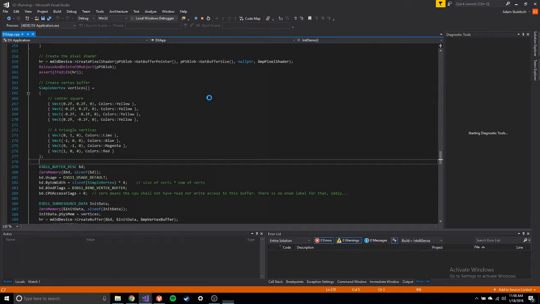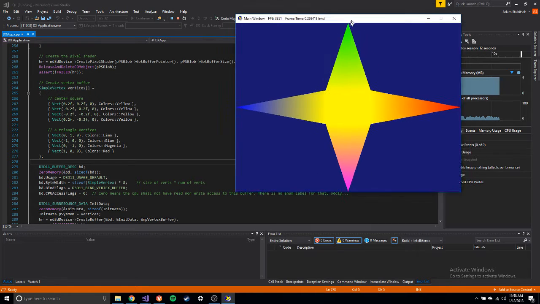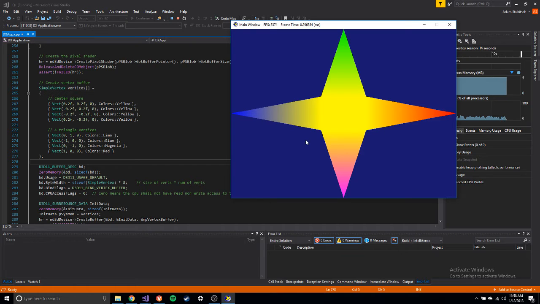Okay, so for question one, we're generating a star here made up of 5 different colors. There's a gradient effect applied. We have the 4 vertices of the square all yellow, and the 4 vertices of the triangles are different colors, but they're blending. The reason for this is the program is automatically implementing interpolation. So as we go from one vertex to another, the colors between them kind of merge depending on the distance